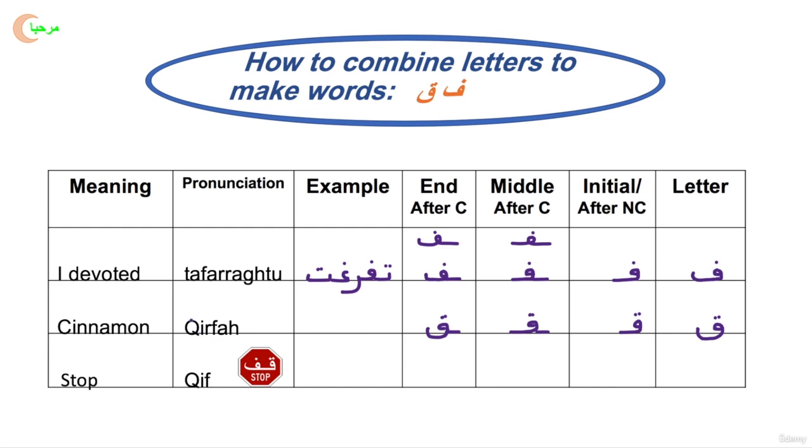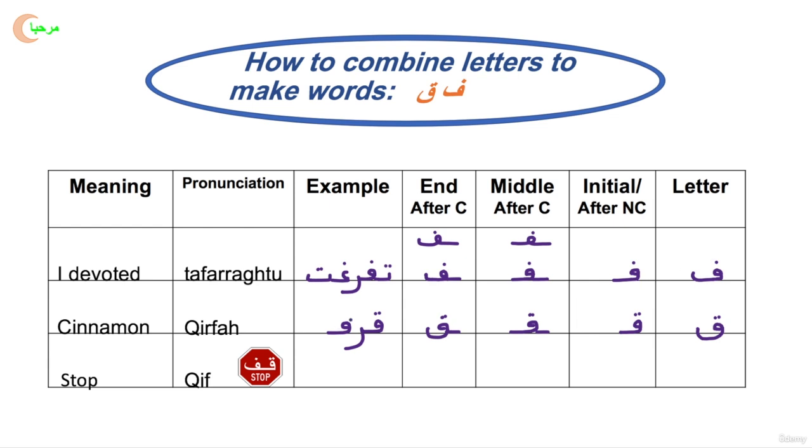Qirfa. So the first letter here is a qaf. And it's a qaf at the beginning of a word, so it will look like this. And we go circle, two dots, and the qaf is a connector, so we'll connect it to the next consonant, which is an R, which is ra in Arabic. But the ra is a non-connector, meaning we're going to leave space here. And then we're going to write the fa. So the fa after a non-connector. So it looks like this one.